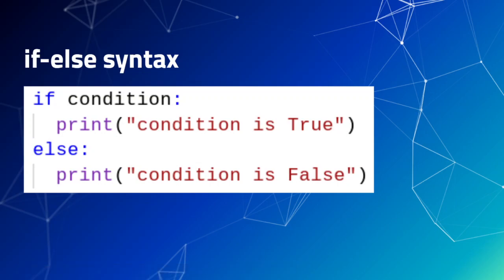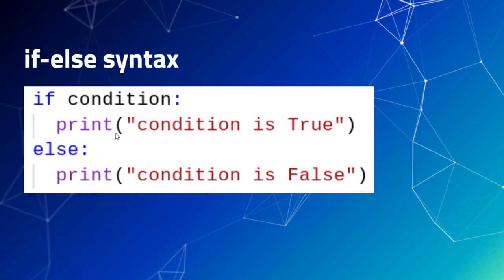In the case the condition in our if statement is false, let's say this condition here is false, and we want to take care of that and say, in the other case, we have to do something else. What we could do is an if statement with the opposite condition, or we could do it pretty simply with an else. So let's identify the important parts of the syntax. The indentation of the else has to line up with the if,